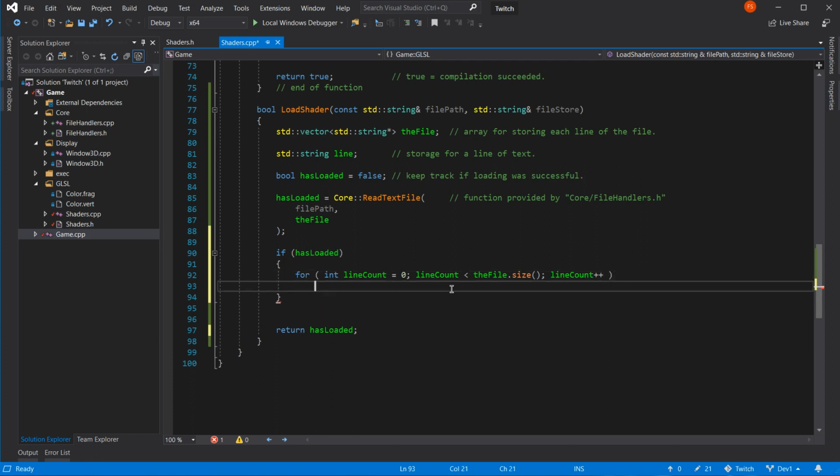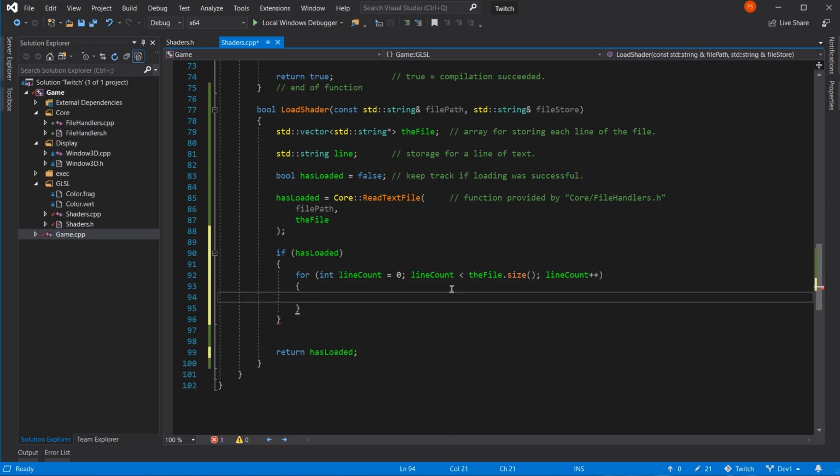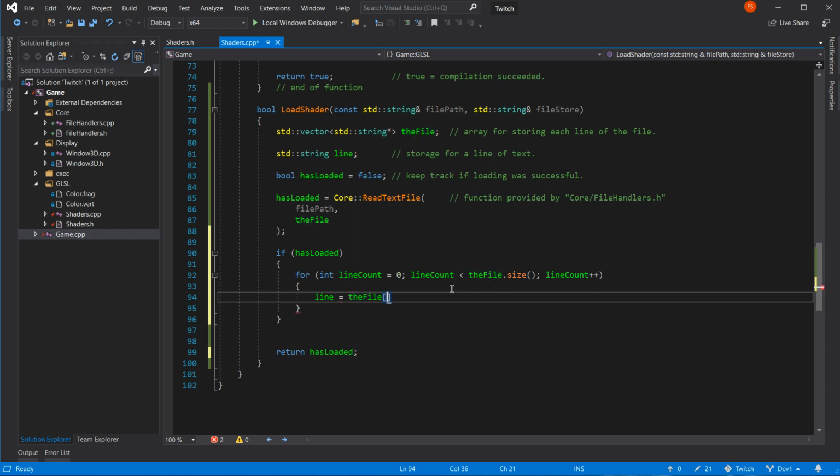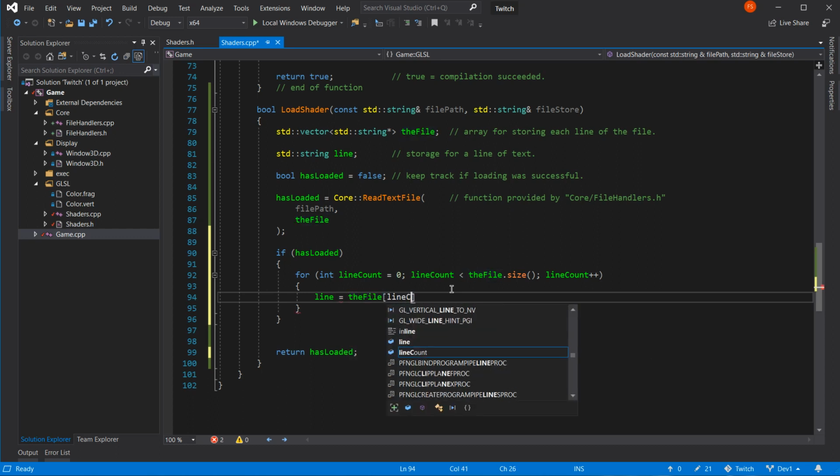That'll do it. That's a nice for next loop. We'll take that one. Line equals. We did put line in, didn't we? Yes. Line equals the file. This makes it look easy. Line count.